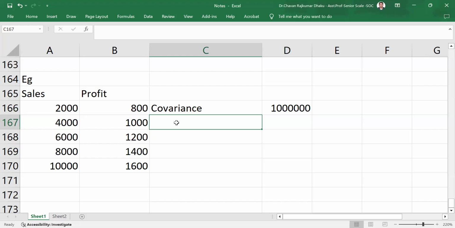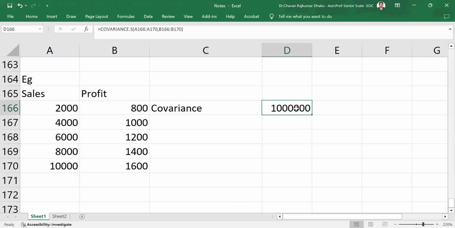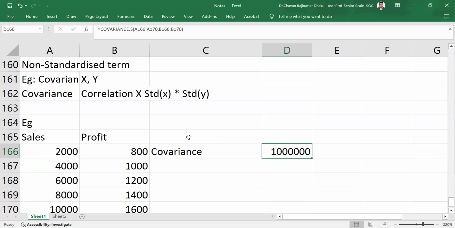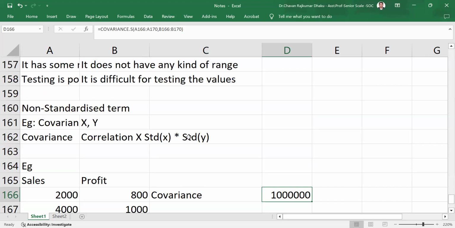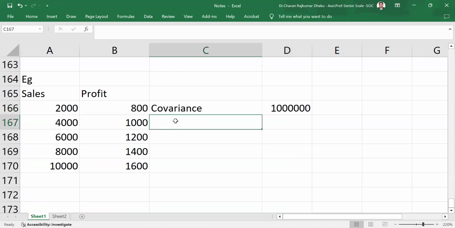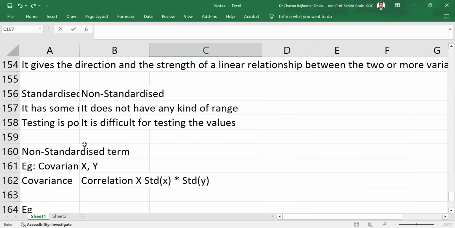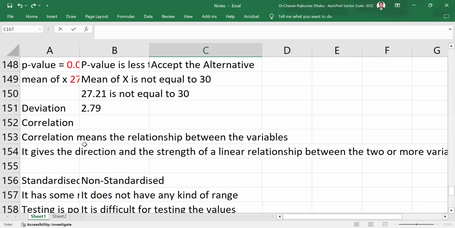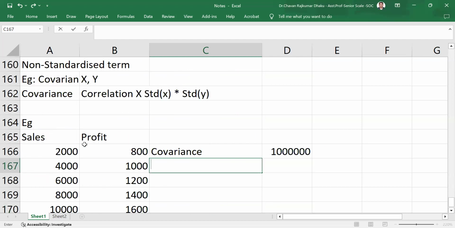But this particular value is not under any kind of range, there is no specific range. When I say range, I mean is there any minimum or maximum? Nothing like this. There is no minimum and maximum in the case of covariance, right? But if you do something called correlation, which is the next part after covariance,